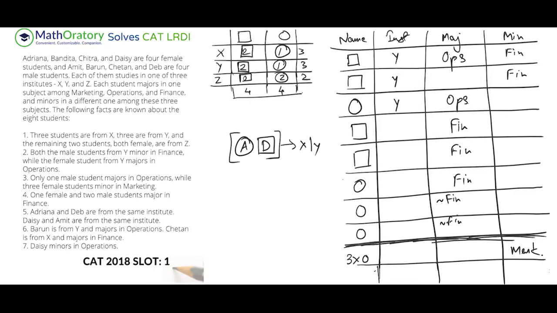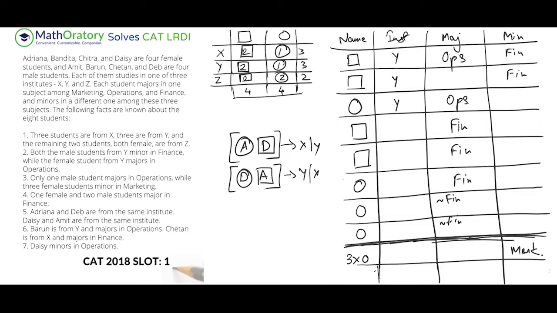And also Daisy and Amit are from the same institute. The same point tells us that. So Daisy is the female and Amit is the male. You can refer back to the original premise to verify the names. Now again, Adriana and Daisy cannot be from the same institute, right? Whichever institute has both male and female, there is just one female appearing from that institute. So if this is X, this is Y, and if this is Y, this is X, something like this. So it will alternate between Y and X. Okay, so let's keep track of that.